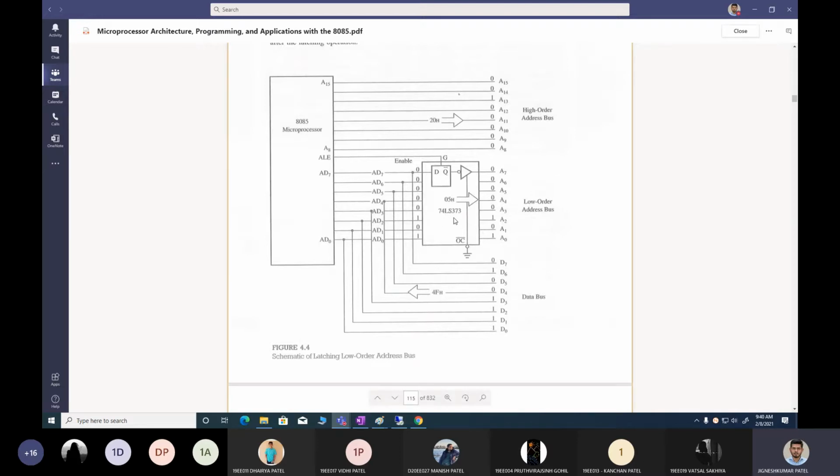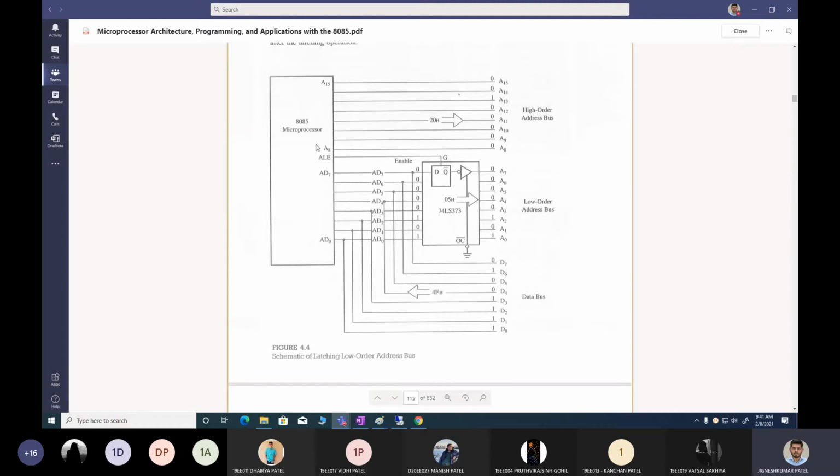What is this? This is a latch, 8-bit latch. What is a latch? We know that what is a latch. If you provide a trigger signal, whatever is on the input side, it will save it on the output side. Like it will latch it on the output side. Okay. So for an example here,